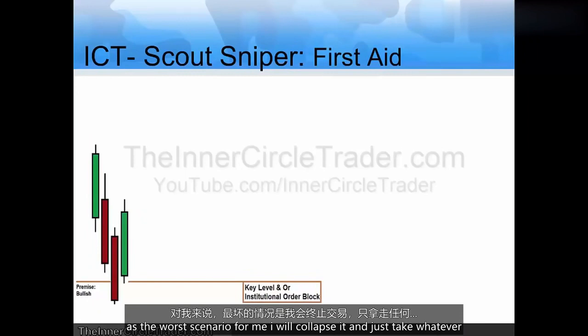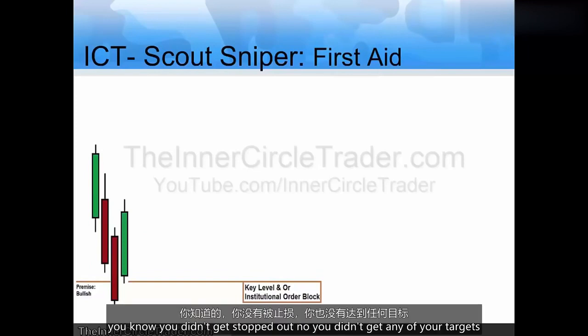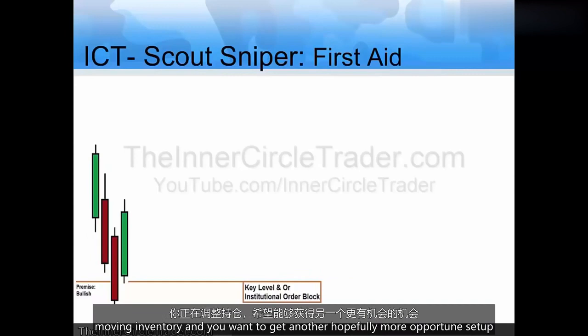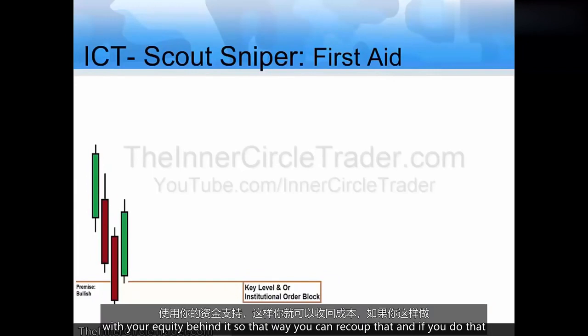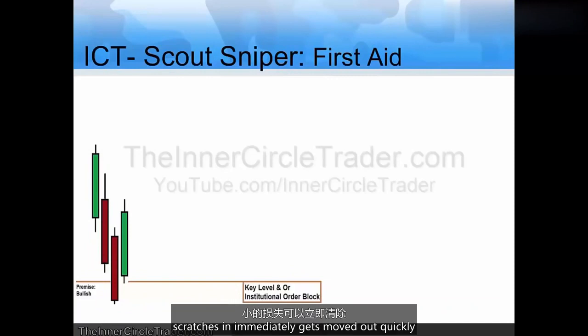I will collapse it and just take whatever that is as a modest loss. You didn't get stopped out. No, you didn't get any of your targets, but you're getting rid of the dog, the slow moving inventory, and you want to get another, hopefully more opportune setup with your equity behind it, so that way you can recoup that. And if you do that systematically, I find that all of those little tiny scratches immediately get smoothed out quickly with moving my equity into a better, more